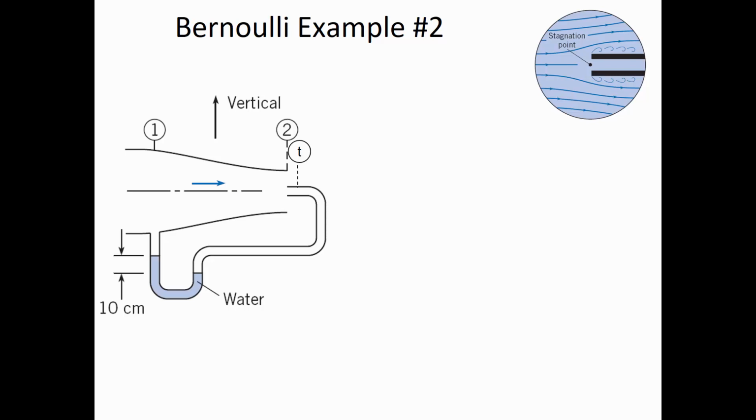Now, they've got kind of a weird setup here to measure the pressure at location 2. They've got this stagnation tube where you'll notice that the tube is pointing at the wind, the air that's moving through this nozzle. And so the air is kind of like dead-ending. It's stagnating at the opening of this tube, and it's causing the pressure to increase in the tube even more than it really would ordinarily if it was just connected sideways at the nozzle. Like if it was connected like this,